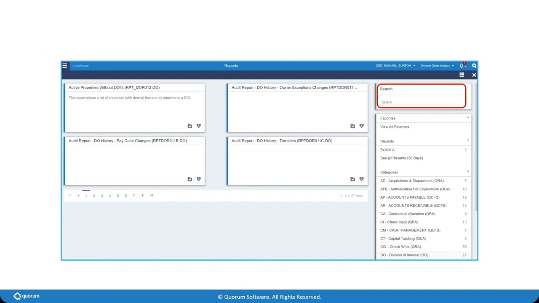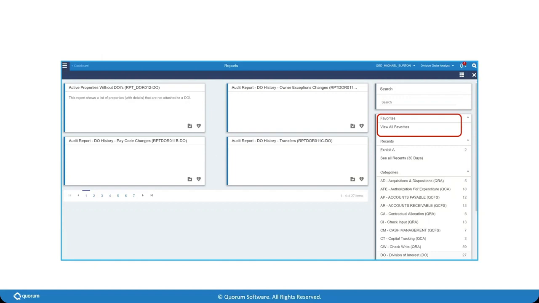Since the upstream application has a multitude of reports across the different modules, it can sometimes be hard to remember which report belongs to which module. Utilizing the search bar can help pinpoint the exact report you're needing to execute. A useful tip to note also here is that if there are a few reports you run regularly, adding them to your favorites will allow you to easily access and execute them with a predetermined